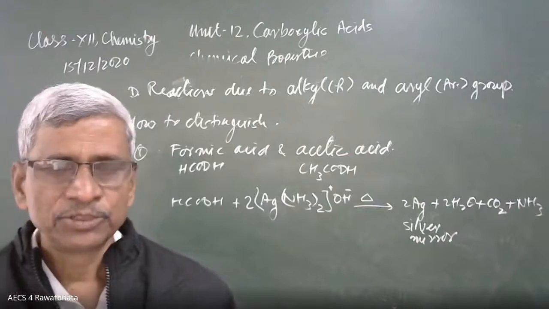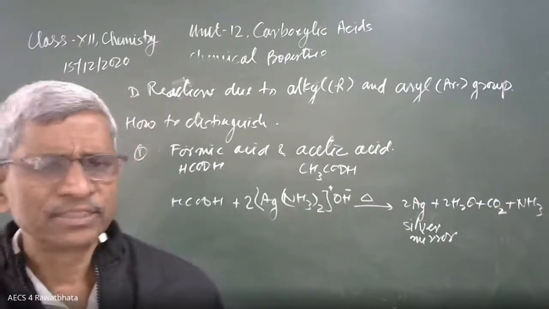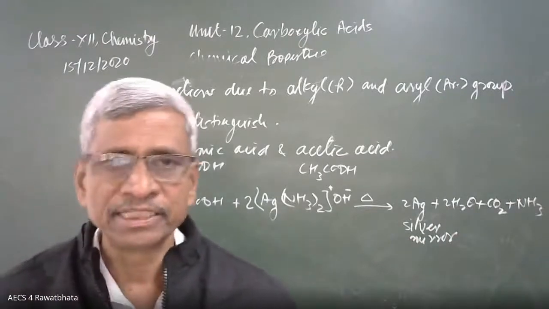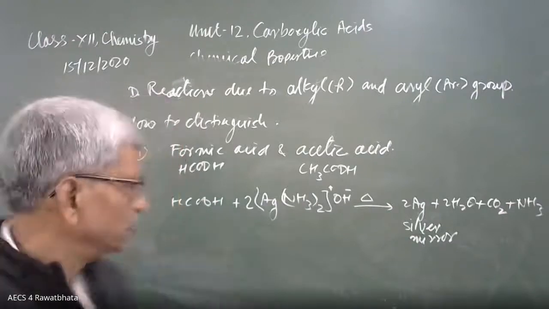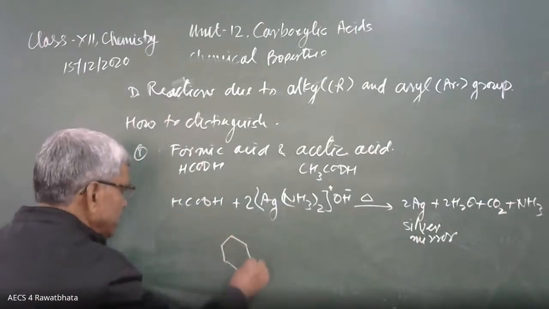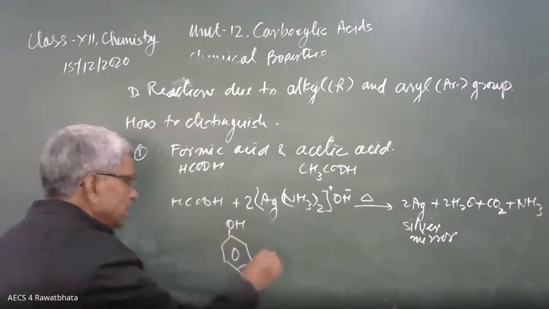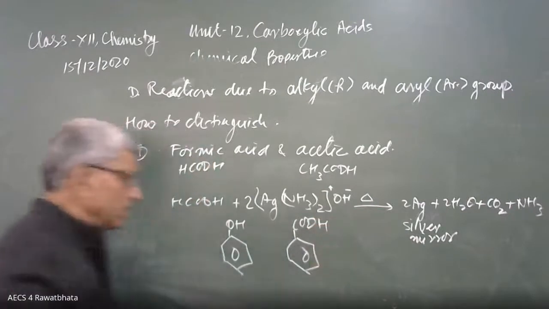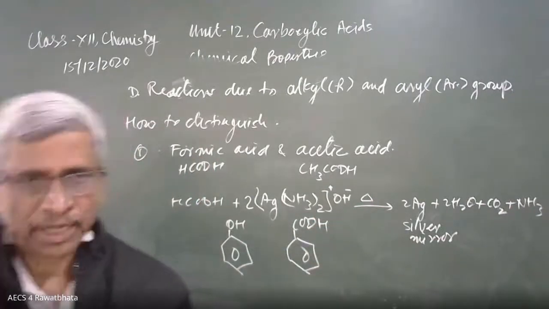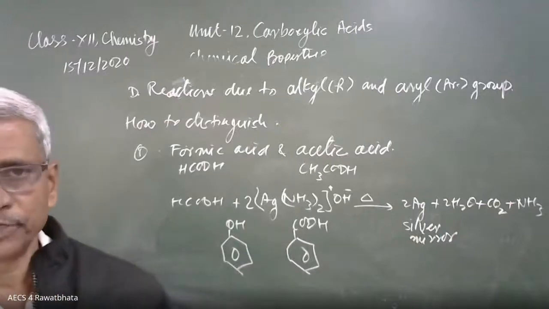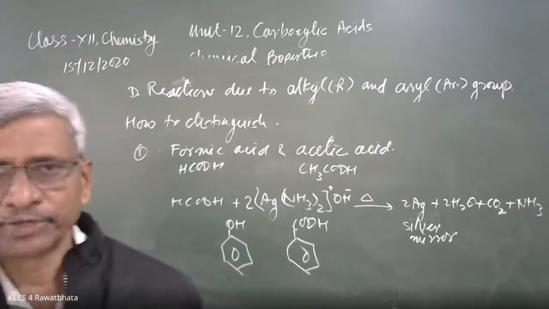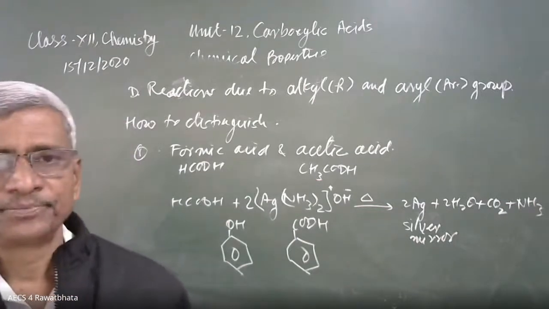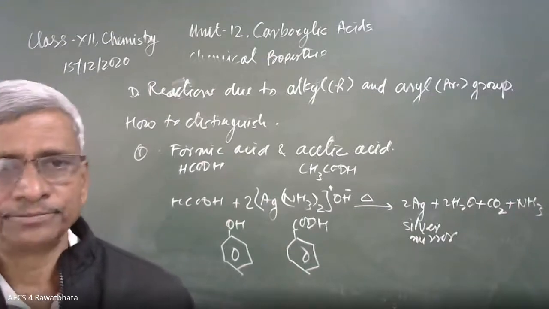Okay, beta? So these are the carboxylic acids. Remaining pairs, no difficulty. You can easily distinguish them. Like how to distinguish benzoic acid and phenol. One another pair I can take. Here is phenol and another is benzoic acid. Both are acidic in nature. That's why they show properties of acid. They combine with metals also to give hydrogen gas. Then how to distinguish? For phenol, there is a unique test. That is reaction with ferric chloride.